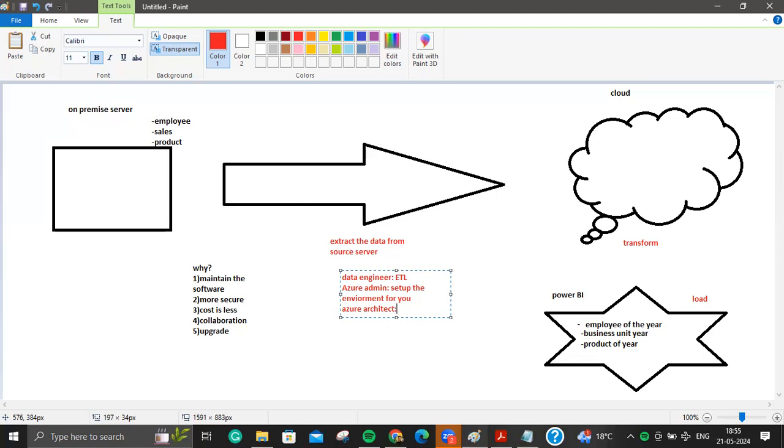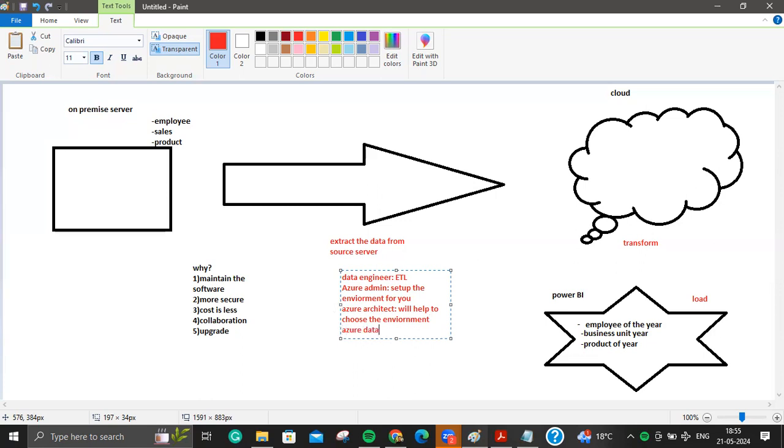Also, the architect has some sort of admin experience as well. When you're calling someone an architect, they will have admin experience and also data engineer experience, right? It's a senior role.